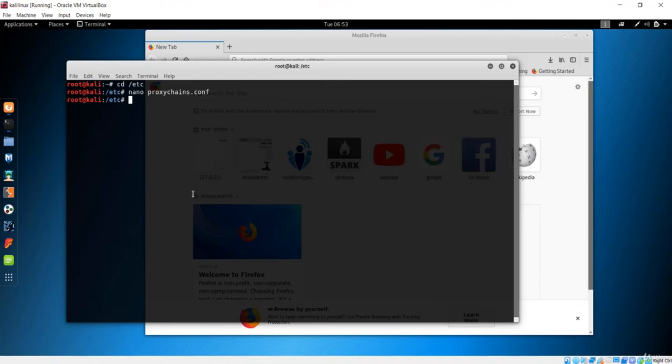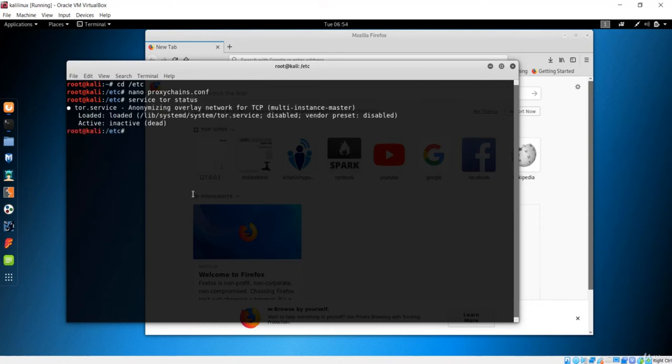We'll do the same here, but before that let me see if this Tor service is active or not. In order to see that, we'll use this syntax which shows the status, and it is saying inactive. That means this Tor is dead, so we have to start the Tor network right now.